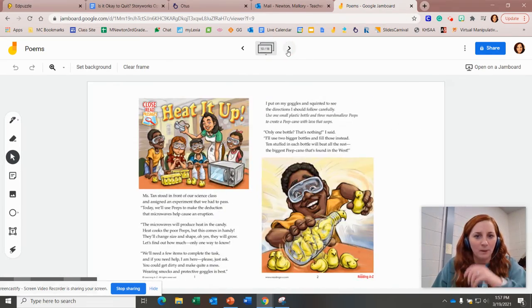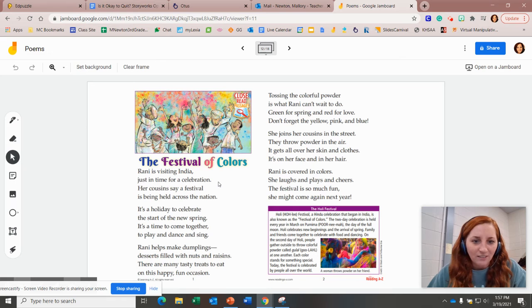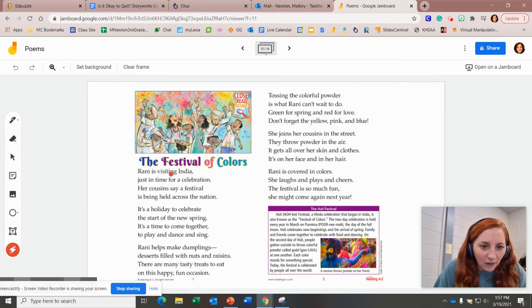We are going to analyze a poem called The Festival of Colors. Okay, The Festival of Colors. So we see that this right here would be our lines. Do you see these lines? They're like a sentence, but typically this would really be a sentence. Rainy is visiting India just in time for celebration, and you know that because it ends with a period. But we don't worry about that. A line just goes all the way across. So there's 1 line, 2 lines, 3 lines, 4 lines. Okay, so there are 4 lines per